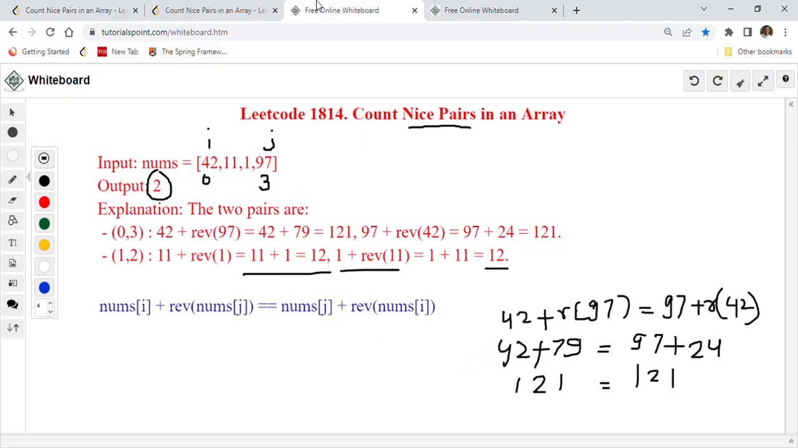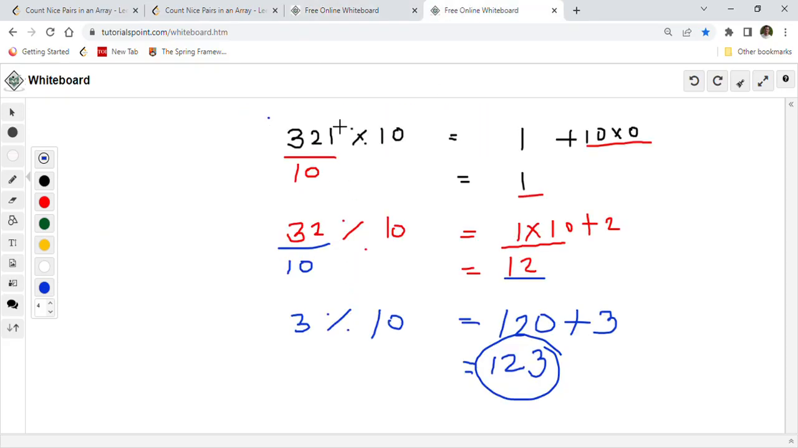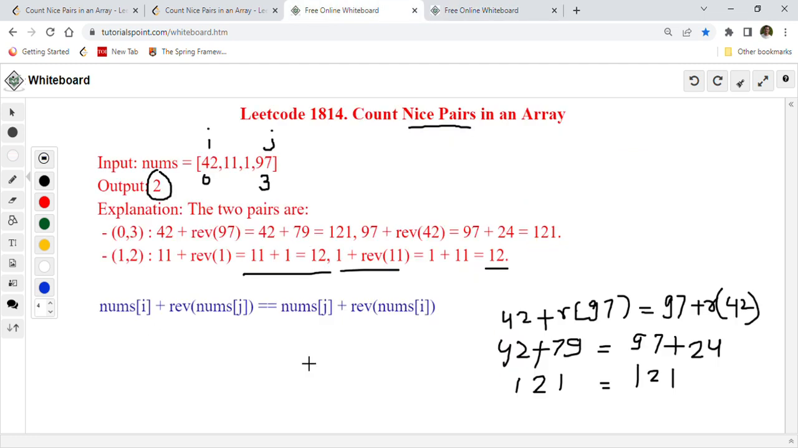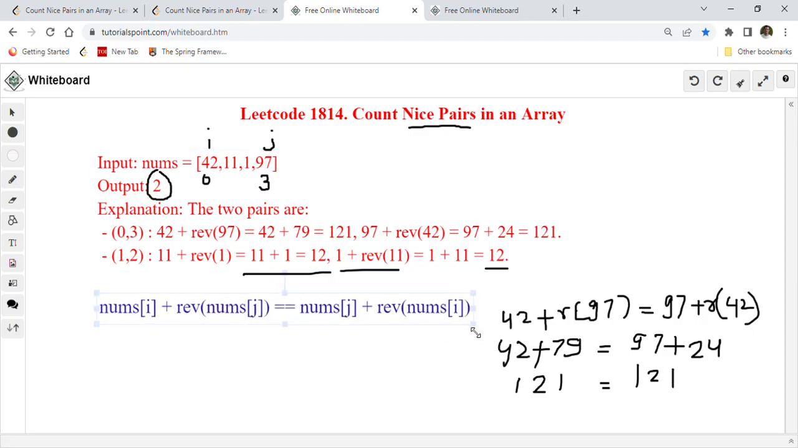Now the important thing here to understand to solve this problem, now that you understood how to reverse a number, is this equation. If you take a look at this equation, this is given to us in the problem itself. So to solve this problem, we can rearrange this equation. How can I rearrange this equation? So I can say that nums of i minus reverse of nums of i